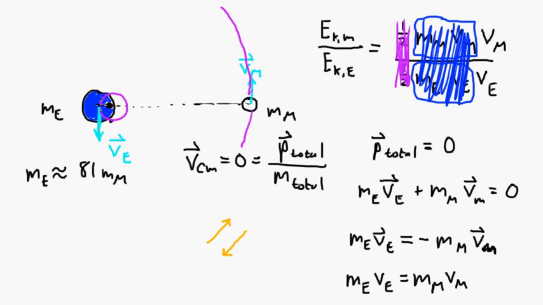Another way to do it is to look at this formula here and reverse this a little, and by basically uncross multiplying, we can find that V_M over V_E is going to equal mass of Earth over mass of moon. So the ratio of their speeds is actually the inverse of the ratio of their masses. So let me rewrite this down here to make it neater: kinetic energy of the moon over kinetic energy of the Earth,